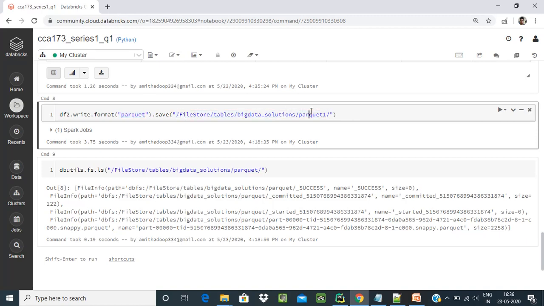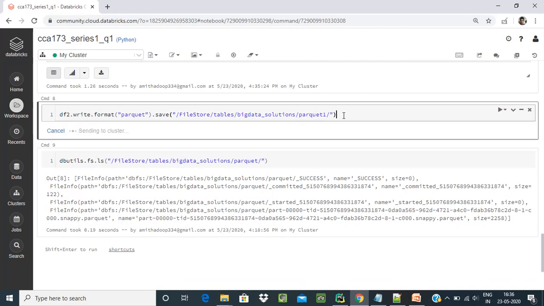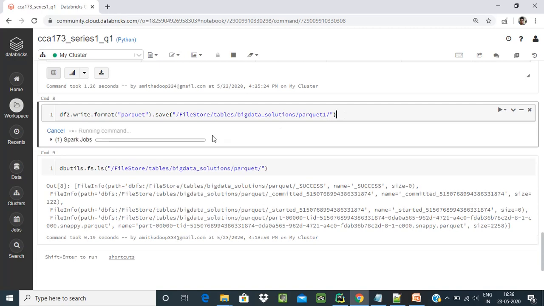In the CCA 175 question, mostly they give an input path where you have to read and an output path where you have to write, and the question says which format to use. You give that particular format and location, just paste it and execute this command, and it will write the data.